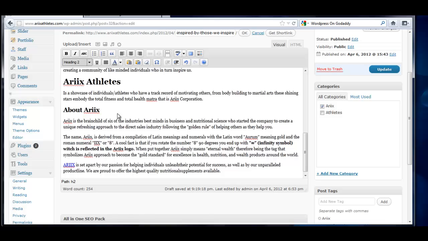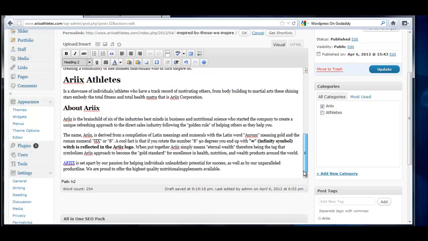Don't overdo it. But you want to make sure it's there and it stands out and it's related to the keyword that you're trying to optimize for. And that's really, really important here, guys. Okay? So, with that being said,